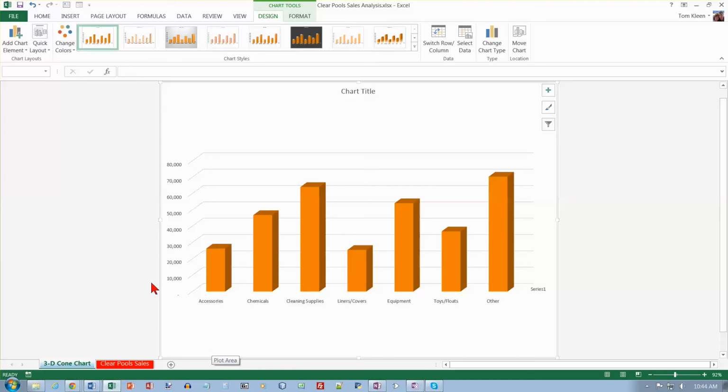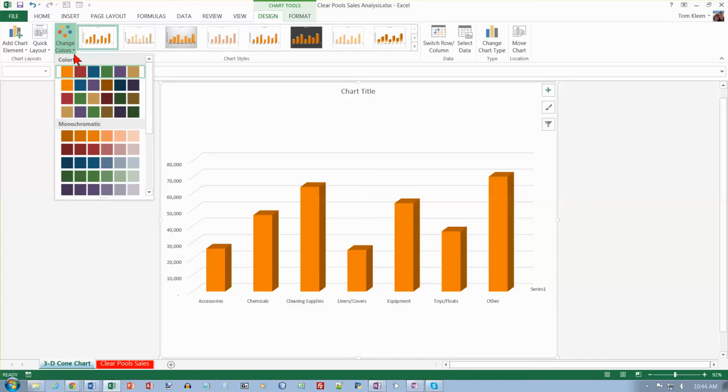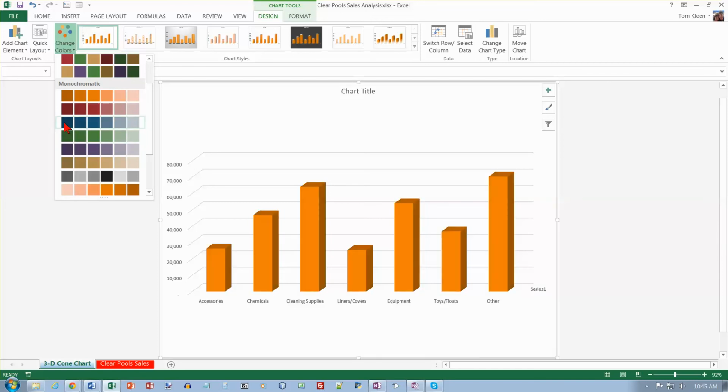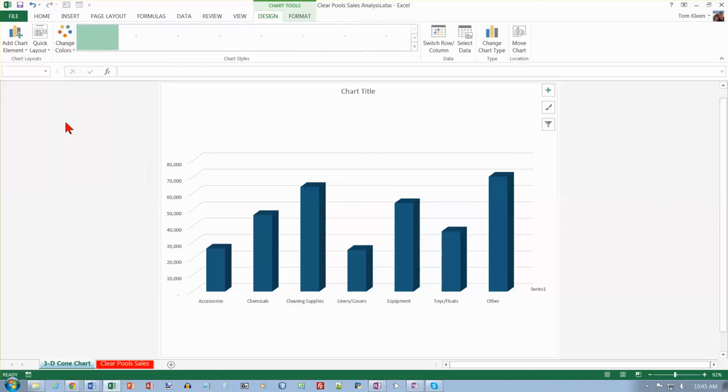we want to change colors, and it says select color number 7 in the monochromatic area. 1, 2, 3, 4, 5, 6, 7. Oops, that's 11. Let's back up here. They started counting a little bit higher than I did. Okay, color 7 is right. Let's back off and check it again. Color 7 is the blue one right here. And